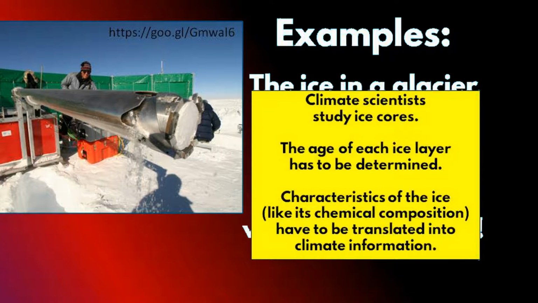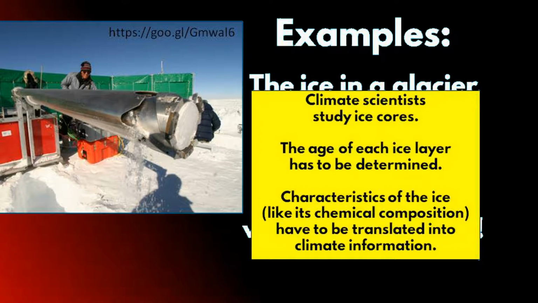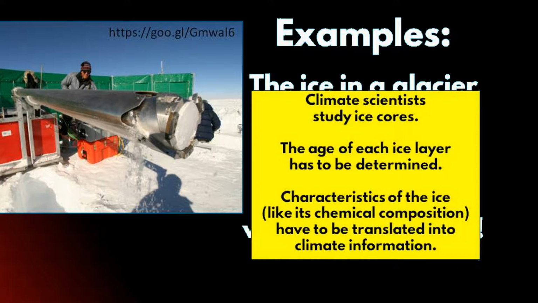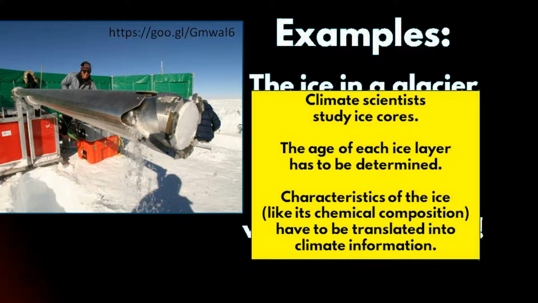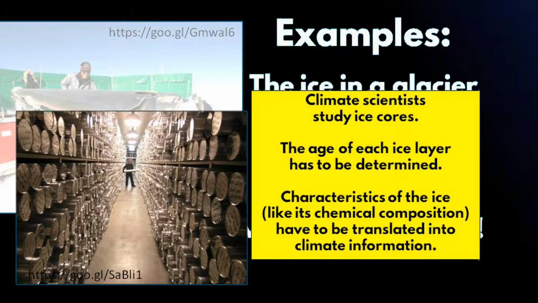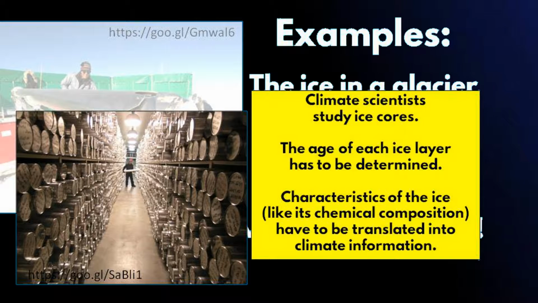Now, it's quite a project for a scientist to figure out how old the ice is in each place here. There's a lot of techniques to doing that. They can look for things like volcanic ash in the ice, that they know that a volcano erupted at approximately this time, and then they see the ash in the ice. There's a lot of ways in which it can be done. But if you can determine the age of the ice in each layer, then you've really got something.